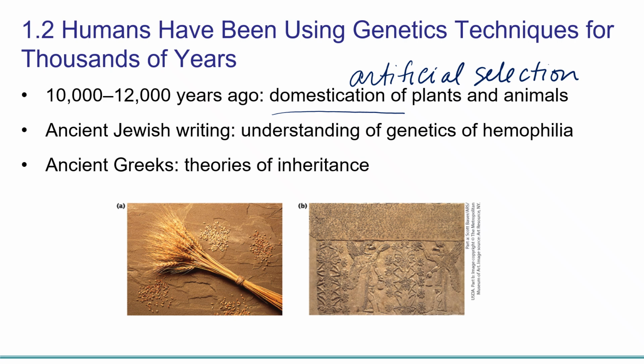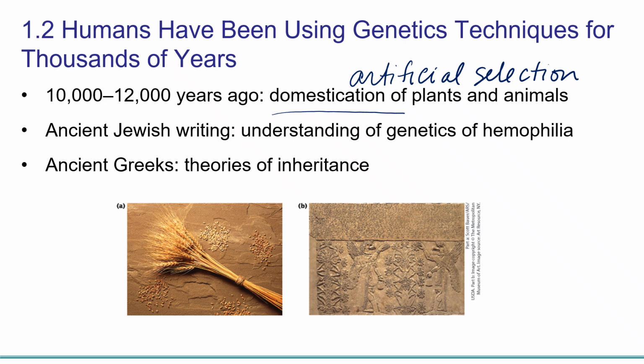The understanding of genetics is also present in ancient writings. Jewish people had an understanding of the genetics of hemophilia. They were studying parent and offspring and expression of those genes. They probably didn't understand a mechanism, but they did understand the pattern and how it was actually being passed from parents to offspring. And then the ancient Greeks, and then everybody after that was really looking at how traits are